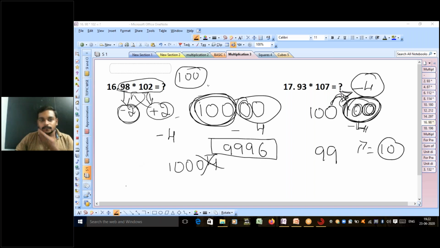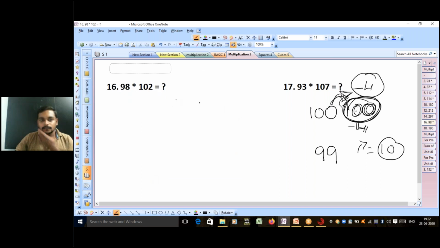I'll explain. Here we have a number, one number is greater than 100, one number is less than 100. It is 2 less, that is minus 2. It is 2 more. So 2 twos are, it is minus 4. It means we have to subtract. If you have a different sign, just go with this method. Just add 2 with 98 or subtract 2 from 102. You'll get the same answer, that is 100.